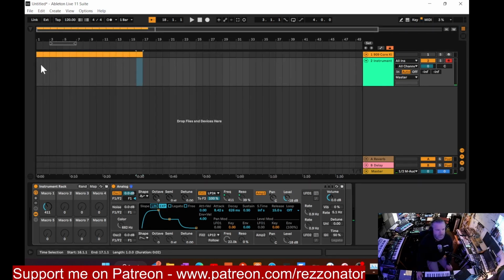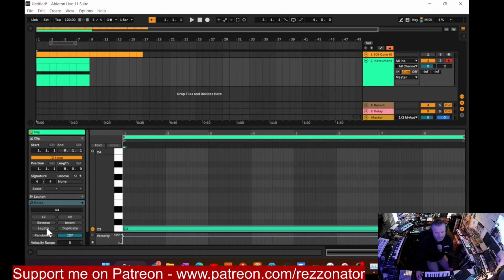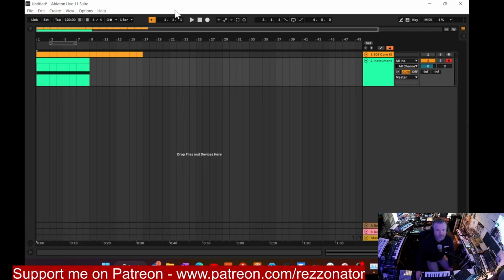Okay. So, to do our upliftery thing, we're going to create an 8-bar MIDI clip. And we're going to put a MIDI note in here, and drag that out. In fact, if you just click legato, it will fill up the whole 8 bars like that. So, as I play that now...